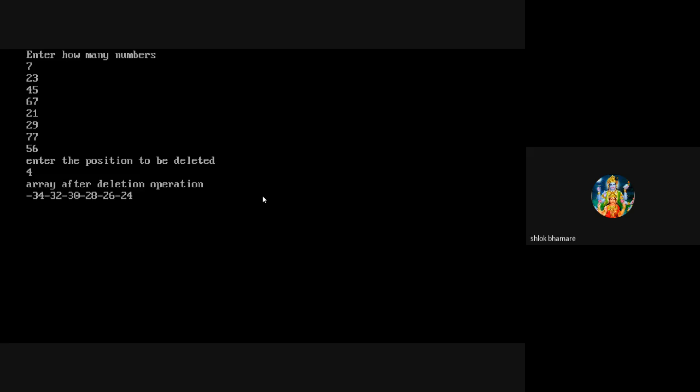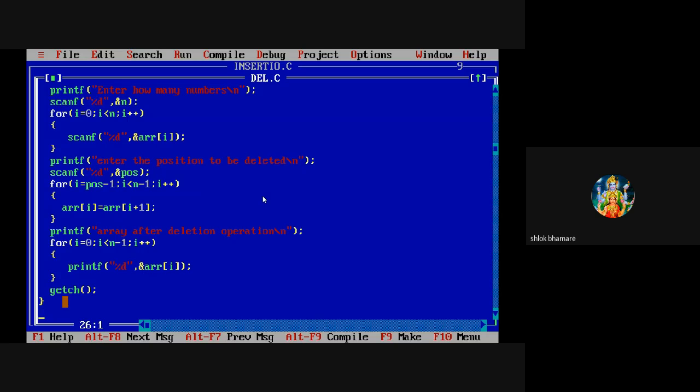Suppose 7 numbers. Enter the position to be deleted. Suppose I say fourth position I want to delete. See here, in printf we should never give ampersand sign. Okay, ampersand sign is given in scanf only.